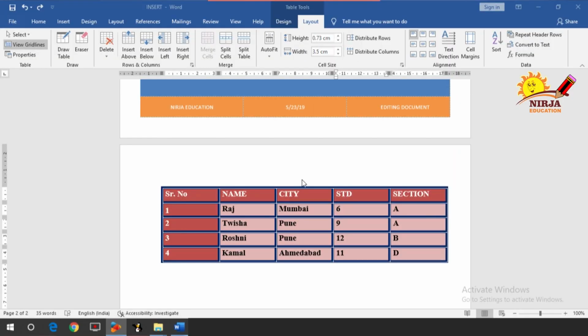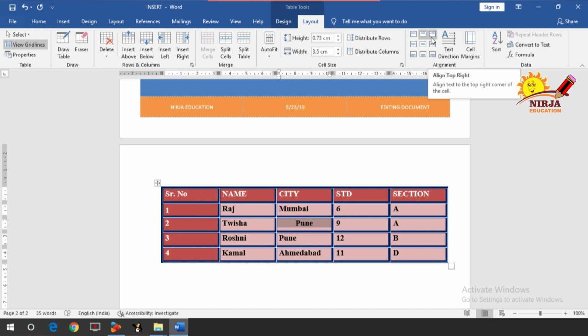As you can see, this is the table which we are using from the first video, and this is your alignment group. So how does it work? I have selected this Pune wala cell and I will show you how these alignments work. First is your align top left, which aligns text to the top left corner of this cell, and it is already there. Then align top center, which centers text and aligns it to the top of this cell. So click on that. Did you see that? Next is your align top right, which aligns the text to the top right corner of the cell.